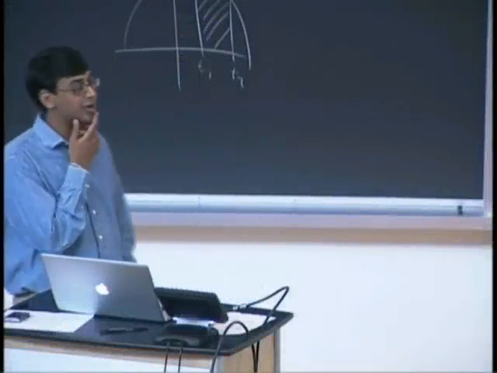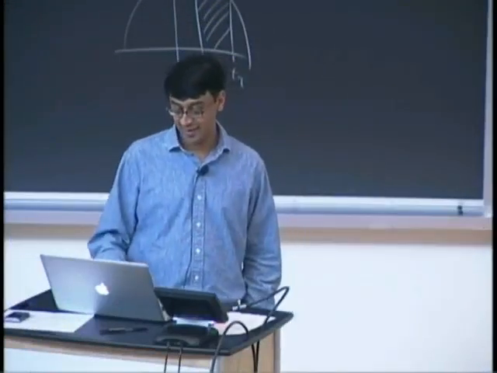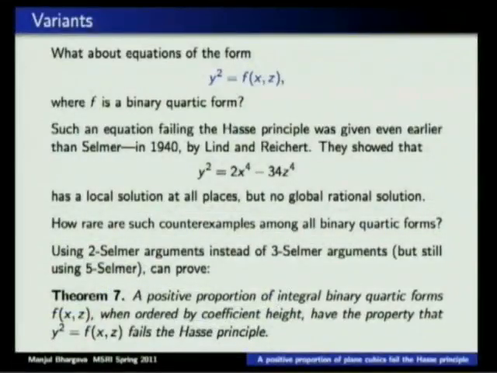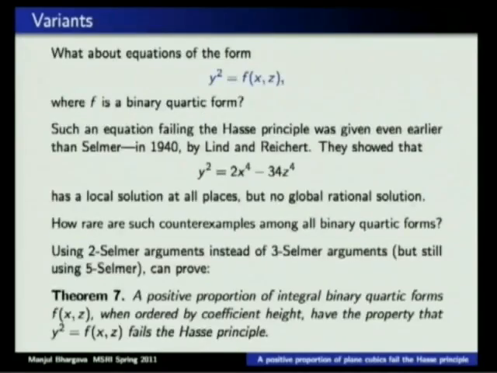So using 2-Selmer arguments instead of 3-Selmer arguments, but still using 5-Selmer, one can prove the same kind of theorem, that a positive proportion of integral binary quartic forms, when ordered by coefficient height, fail the Hasse principle. The proportion changes a little bit. So maybe I'll just say that quickly. It's still true that if you assume the rank distribution conjecture, then, okay, so that was a theorem, and now I'll go conditional just to say what